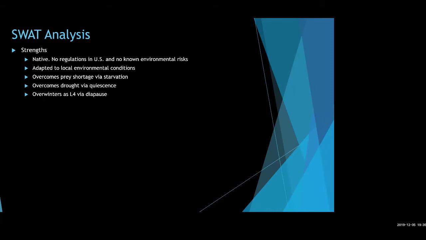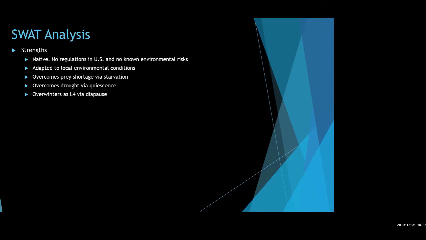Toxorhynchites rutilus can starve, especially in its later instar, for weeks. They can overcome a summer drought during a quiescence, or a pause of development, and they do something similar called a diapause in winter, where they absolutely cease development